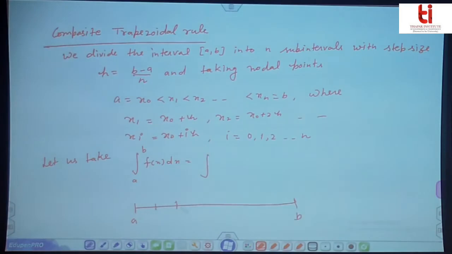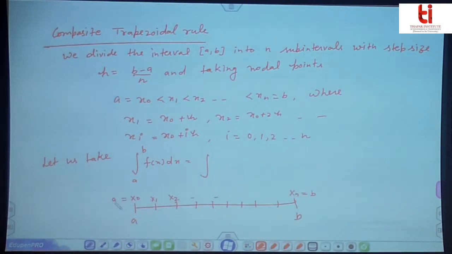We divide it into subintervals. If we are taking the simple trapezoidal rule, then the length will be b minus a. But we are using the composite trapezoidal rule, so we will compose the interval ab into subintervals. So we will write a as x0, this is x1, x2 and so on, this is xn. So xn is b,